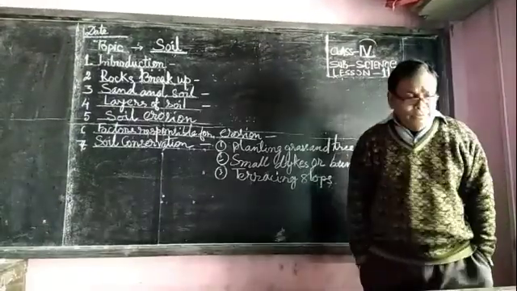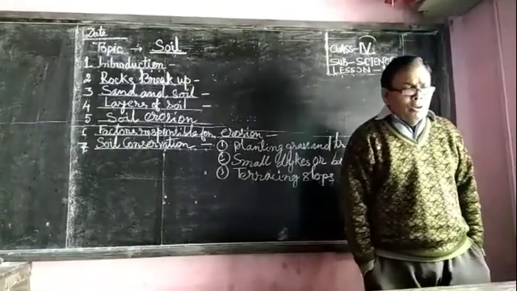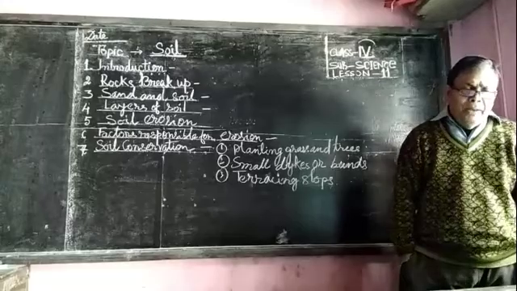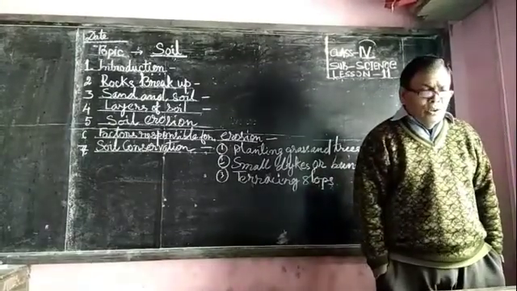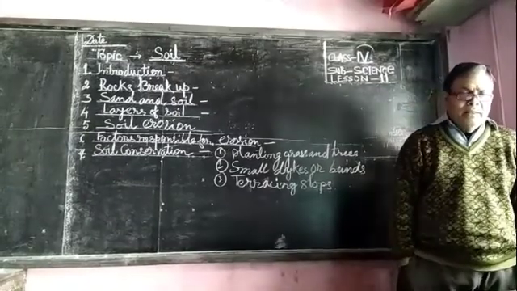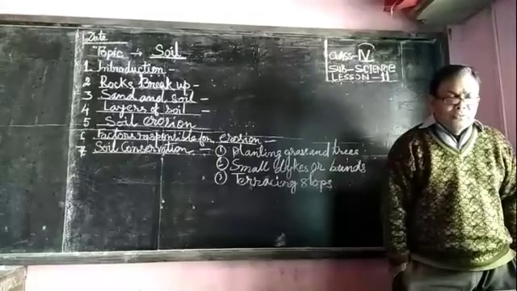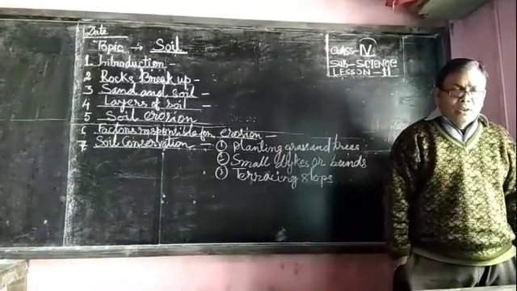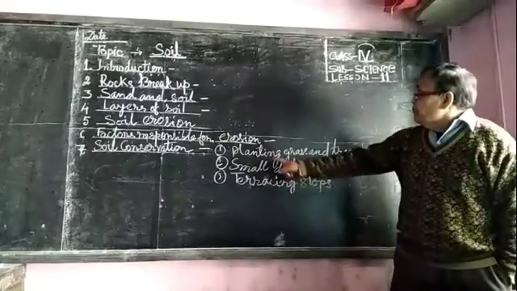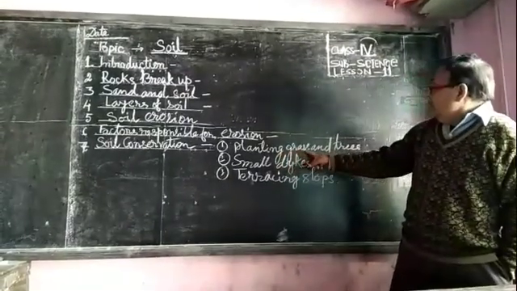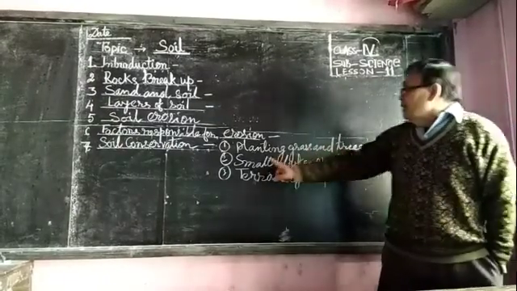What is soil conservation? Now we must know what soil conservation is. Protecting topsoil from being washed away is called soil conservation. Soil conservation is very necessary as plants get most of their nutrients from this fertile topsoil. We can conserve the soil by planting grass and trees,